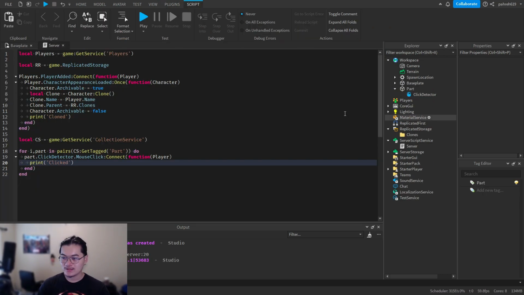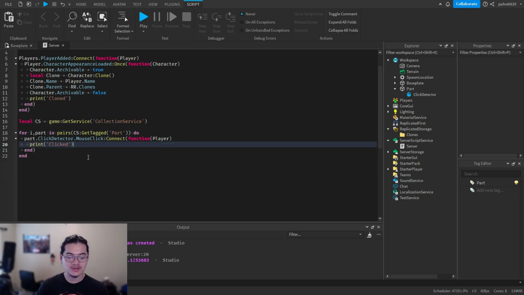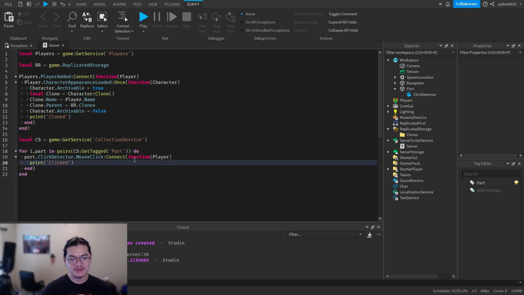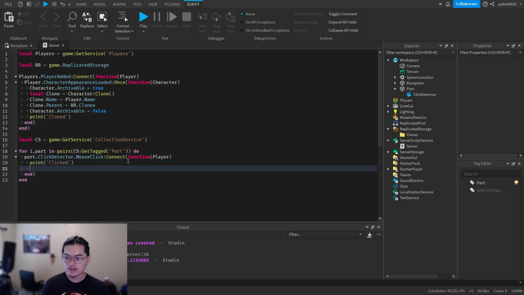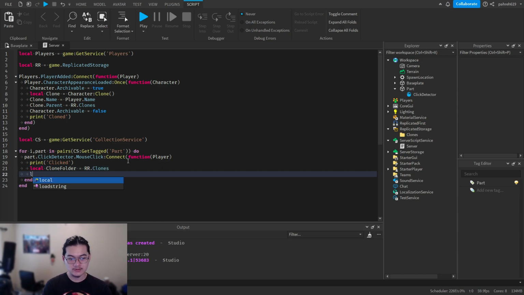Next thing we're gonna do is clone the clone we made when the player started. So we're gonna do local clone. We're gonna get the folder first. Local clone folder equals storage that cloned, and we're gonna do local clone equals